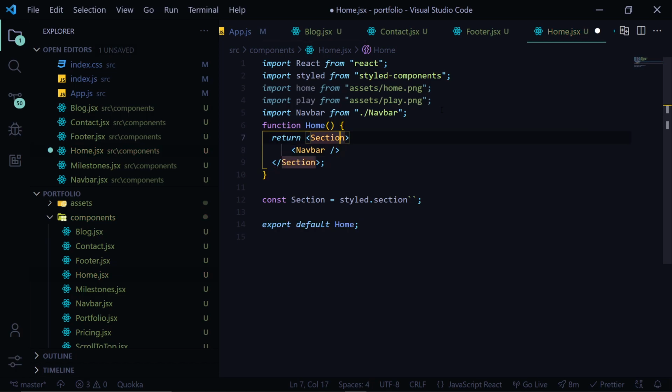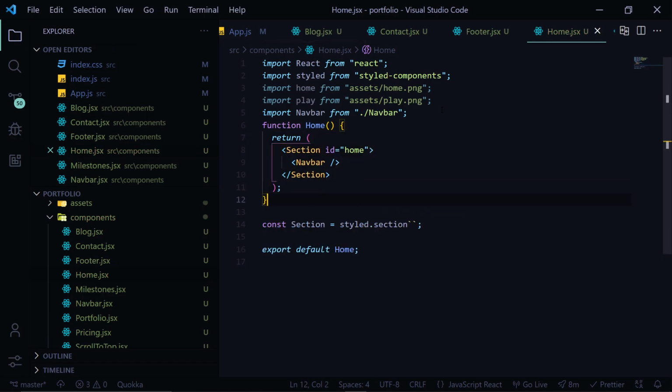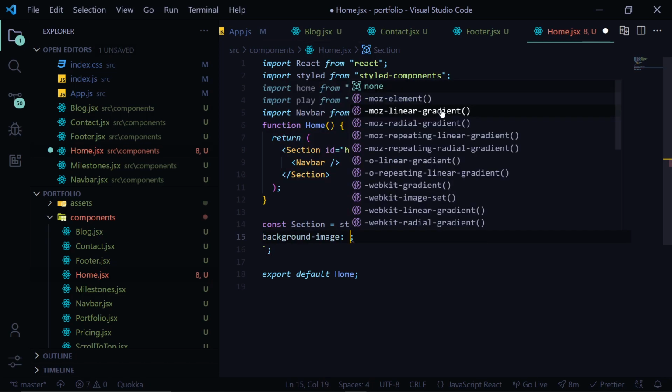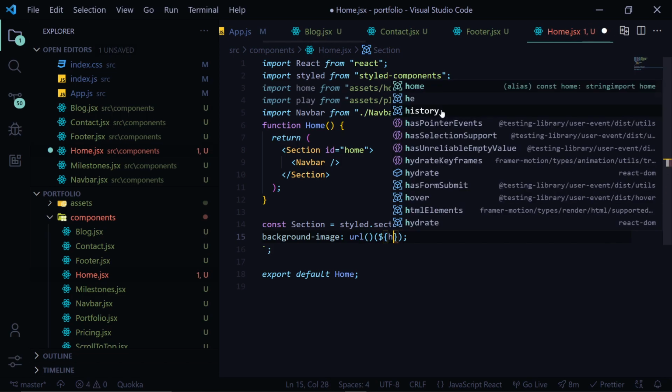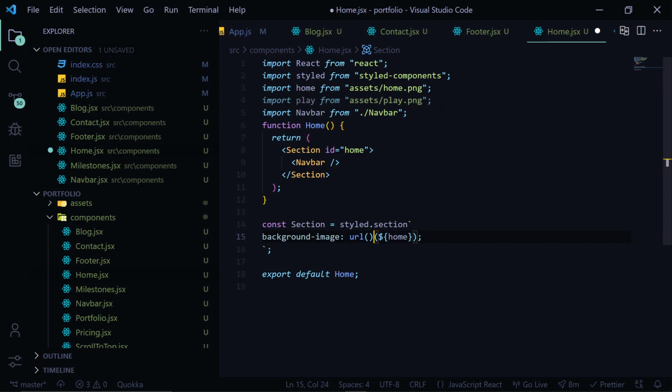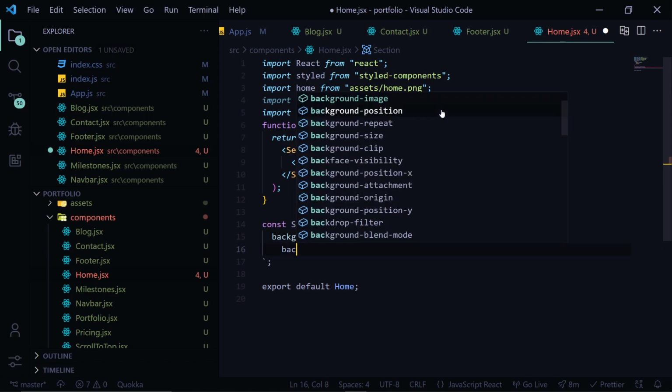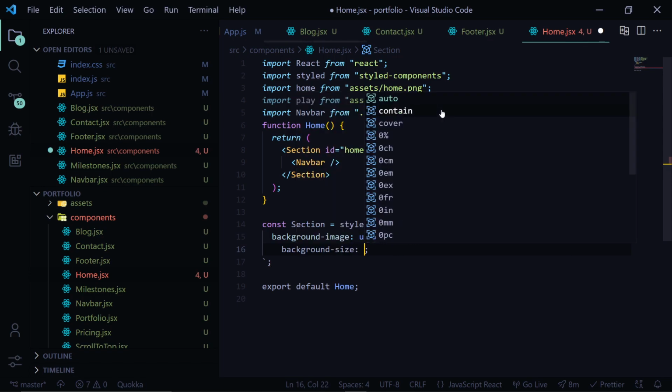Now we'll also apply an ID to this section which is home, and inside this we are gonna write the background image as the URL ${home}. Yeah, that's perfect. Also we are going to write background size of cover,